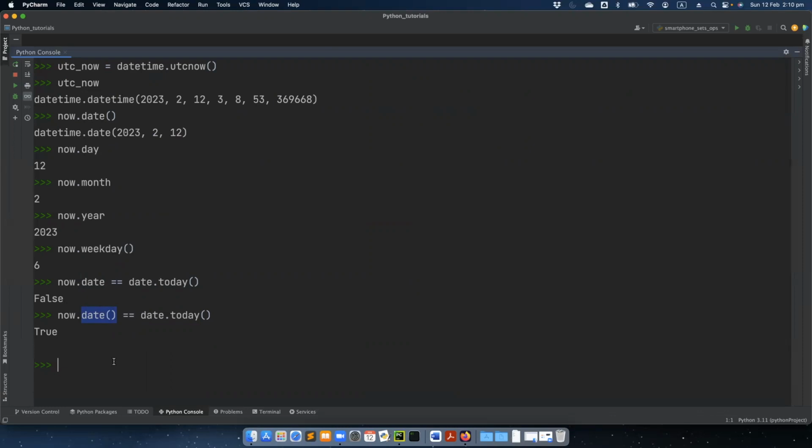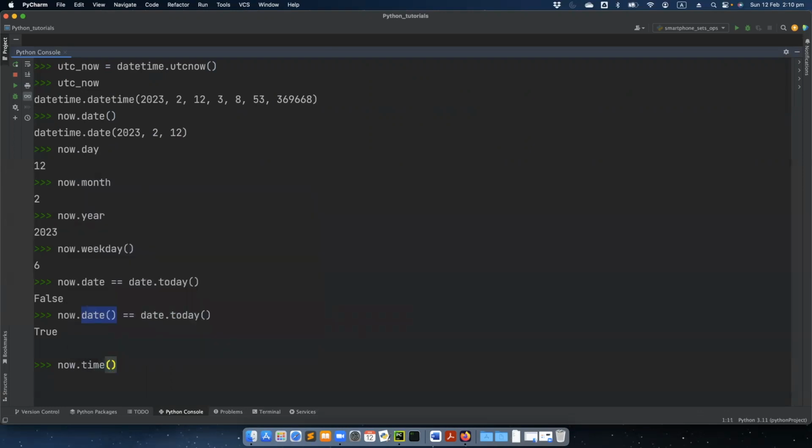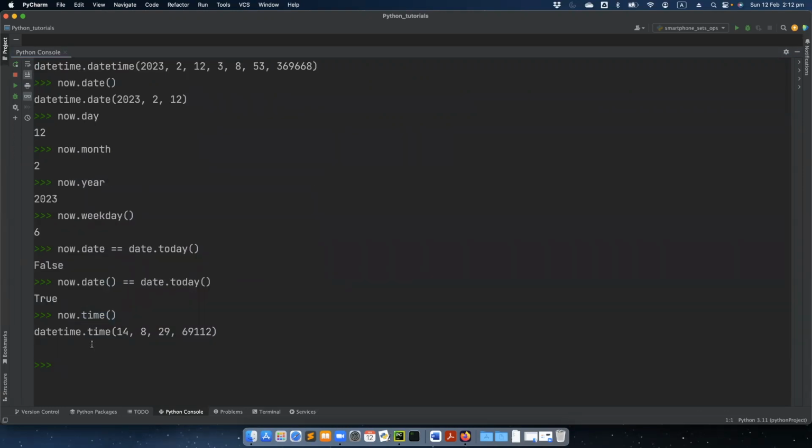So to get the current local time, we just do time. Here, the time method of the datetime class returns a time object initialized with the values for the hours, minutes, seconds, and microseconds, respectively. You can access these values individually by calling the getter methods such as